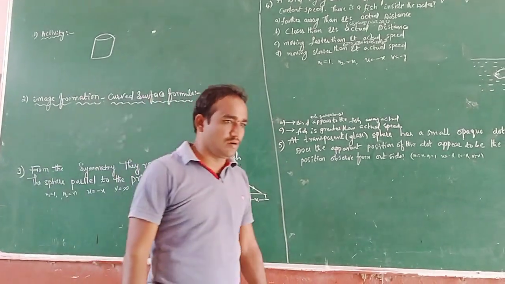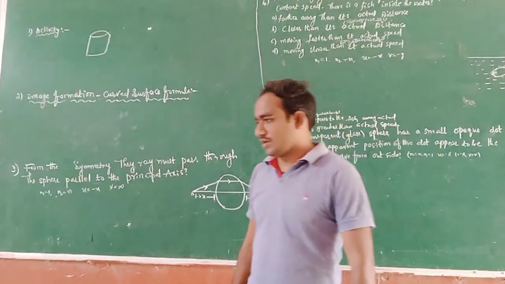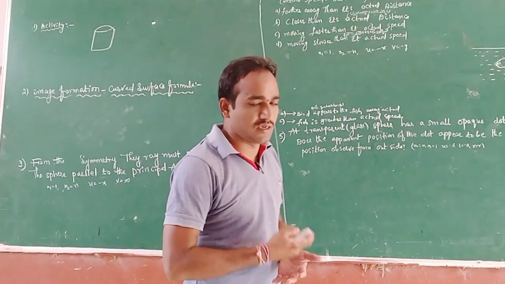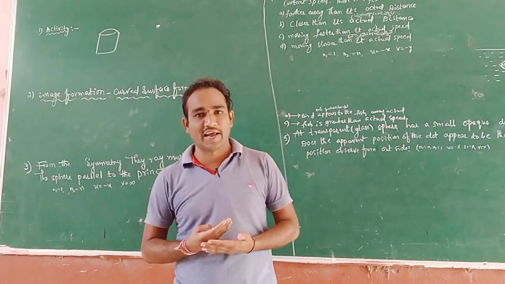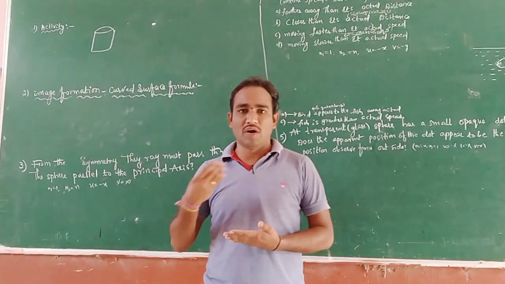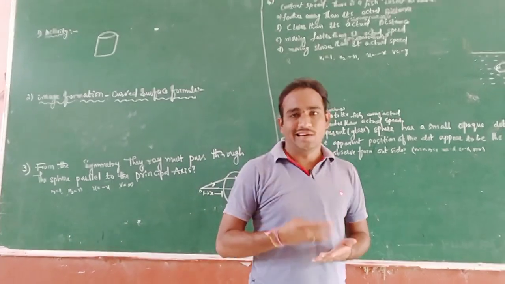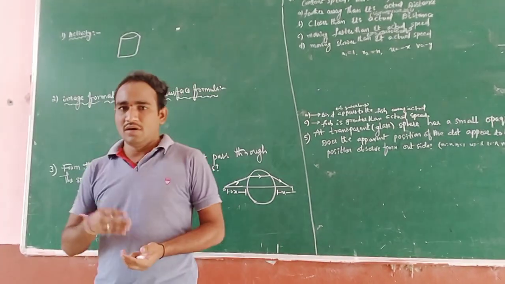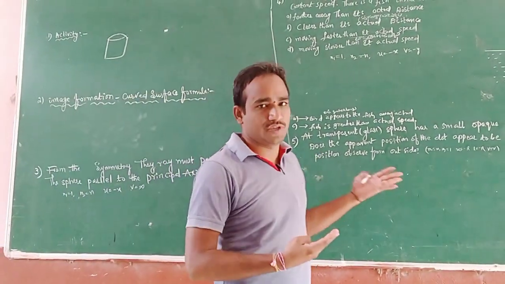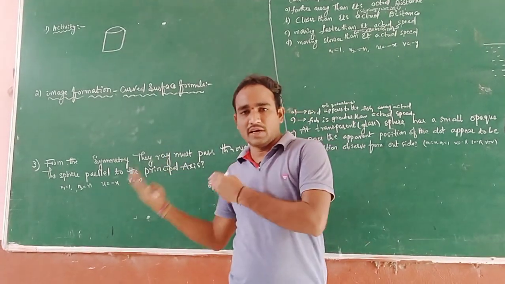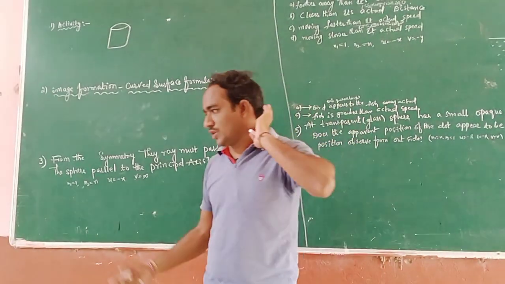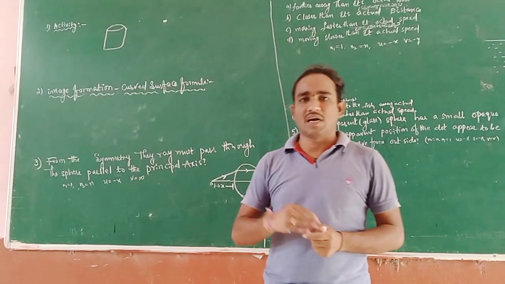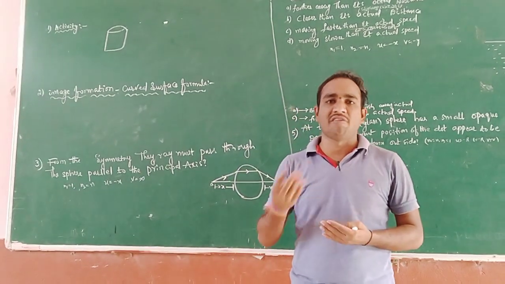Today we are discussing the fourth lesson, that is refraction of light at a curved surface. Last class we already discussed the definition of light, refraction of light, what is the rarer medium and what is the denser medium, and based on the different types of diagrams, the concave lens and a convex lens. Last class we also discussed how to choose the two different types of surface: one is concave surface and another one is convex surface.